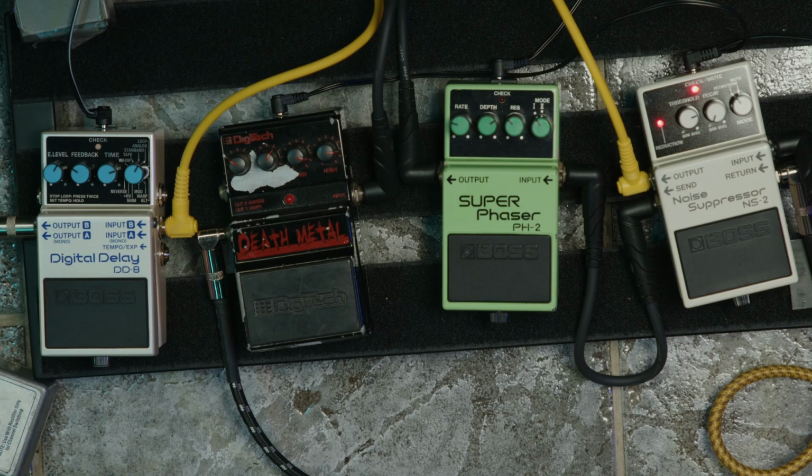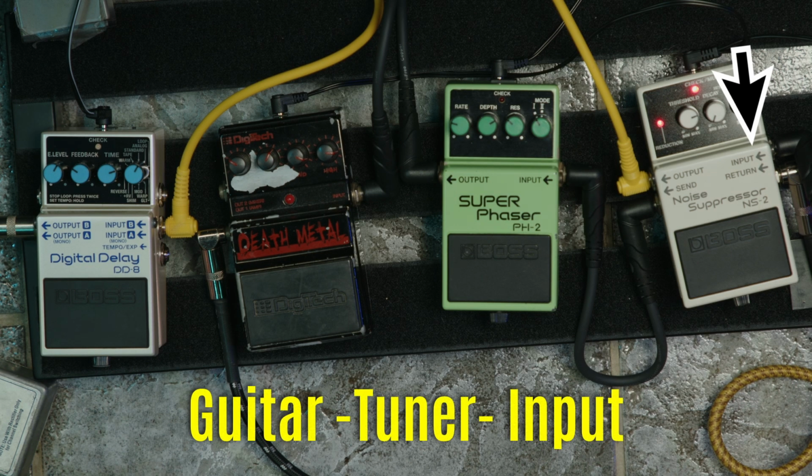Hey, real quick, if you're trying to do high gain stuff and you're using a noise suppressor, the best way to do it is the 4-cable method or X method or whatever you want to call it. What you're going to do is take your guitar input and go into the input of your noise suppressor, and then